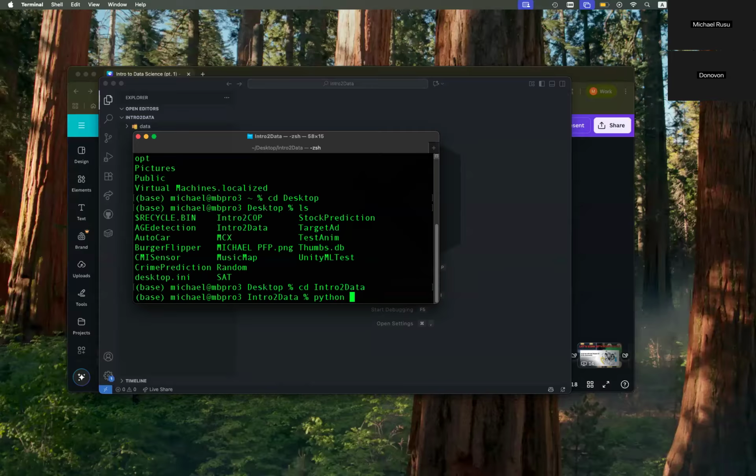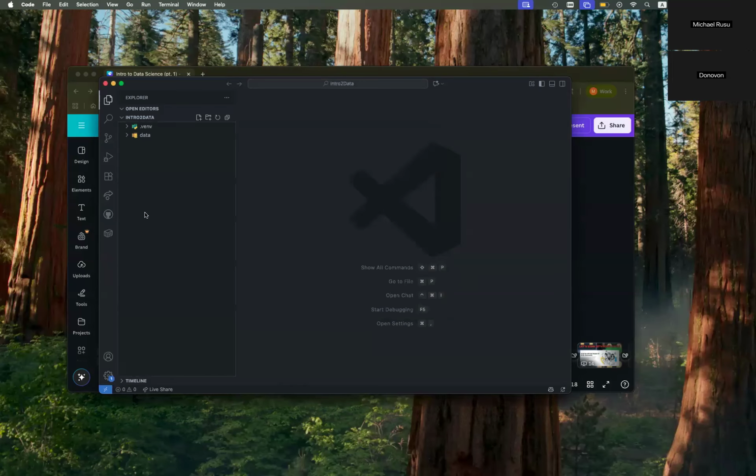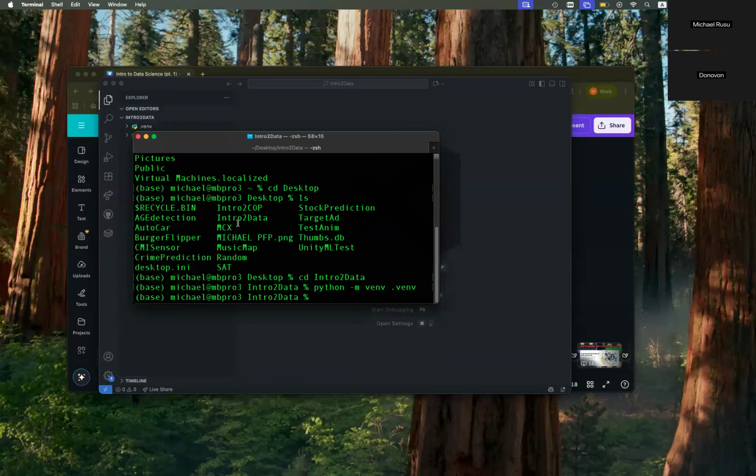So what we're gonna do is we're gonna go python -m venv, and then the name of it. I always do .venv. That's what you'll always see, but you can name it anything you desire, really. And then we're gonna hit that. It's gonna wait a bit, and then you can see in the back right there, it created a virtual environment. And this is pretty much just a mini Python interpreter that you have at your fingertips, and it won't screw up your other dependencies.